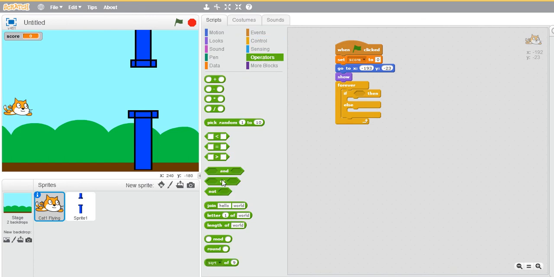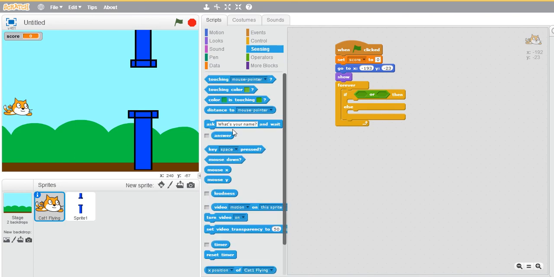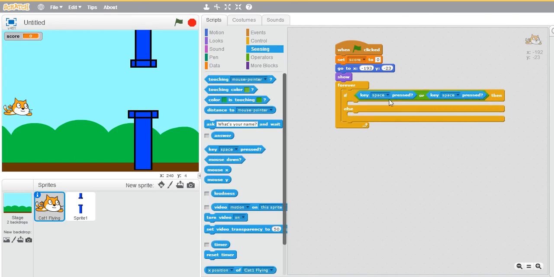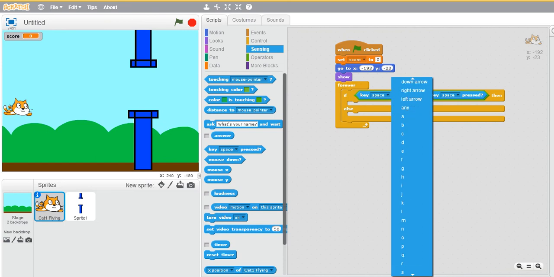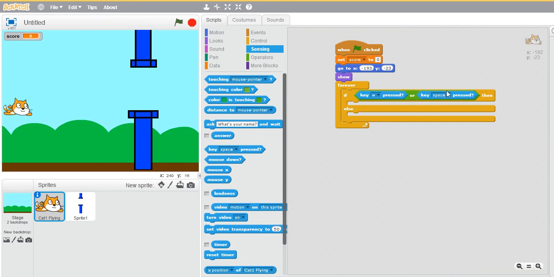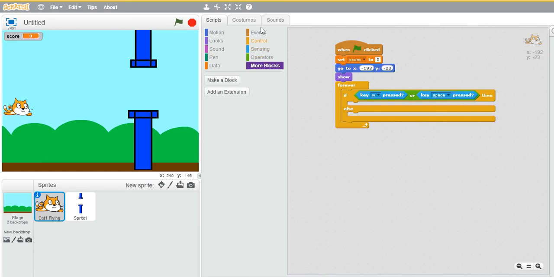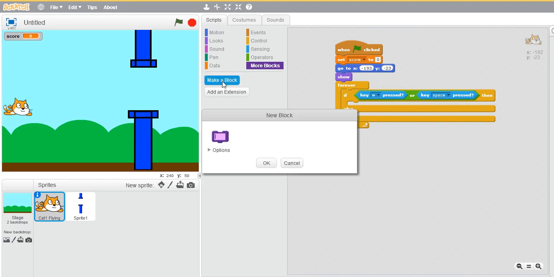Since we are checking either of these conditions, the first condition is if key space is pressed and also another key, say I'm taking W. If W is pressed or space is pressed, it should jump. But we do not have any command that makes our sprite jump automatically. So we need to create our own block that will do the programming.